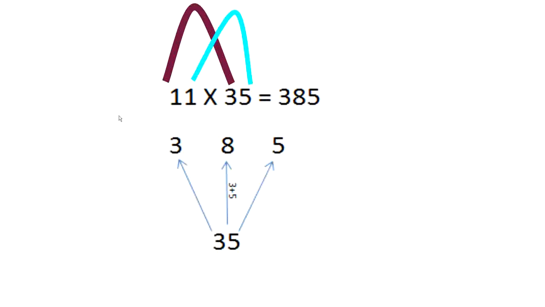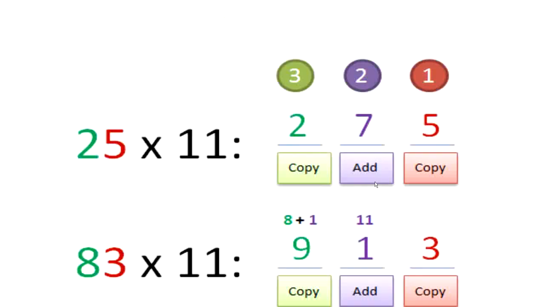Okay, next 11 into 35. So it would also definitely take 3 to 4 minutes. So now you can see the shortcut. It's 1 into 3 is 3, and then the last digit 1 into 5 is 5. So to sum up these two numbers, 3 plus 5 is 8. The answer is 385. So these are all the tricks which I will be teaching you in my class, so that you can get the time saving skills and then increase your speed.